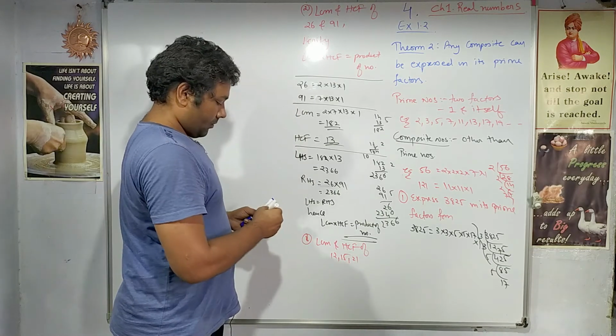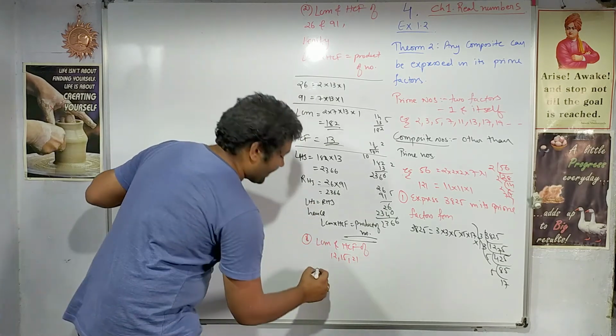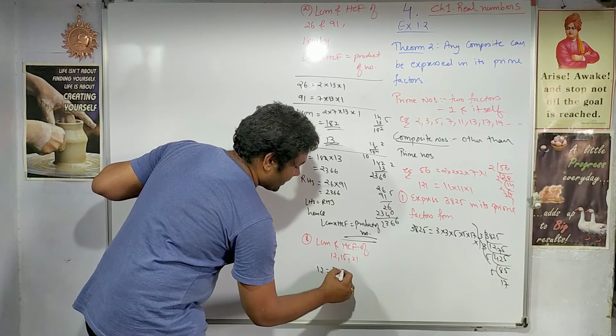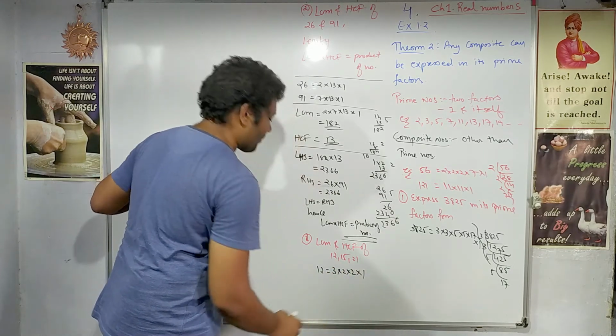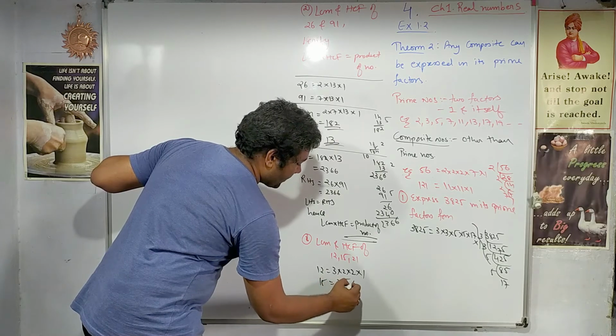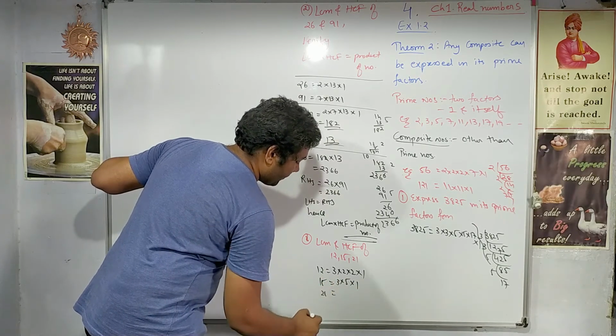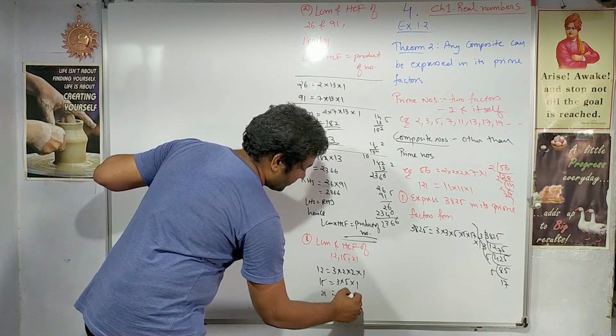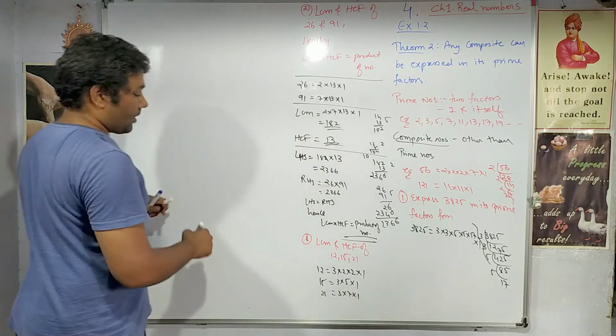So again, writing them down in their prime factor form. 12 can be written as 3 into 2 into 2 into 1. 15 can be written as 3 into 5 into 1. 21 can be written as 3 into 7 into 1. And now if we calculate,